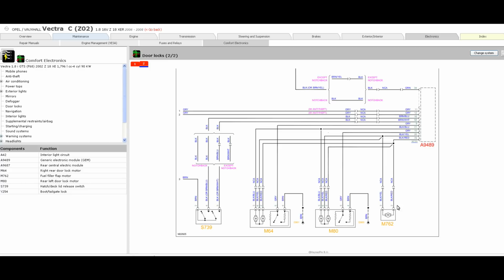The only thing you can say is the fuel filler flap, there's only motor controls, there's no state monitor on that. So what you can gather from that straight away is that the vehicle wouldn't have sliding doors, which obviously a Vectra wouldn't. So yeah, it's interesting to see how different wiring diagrams